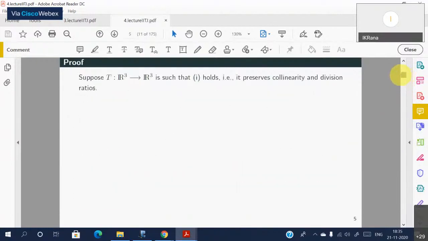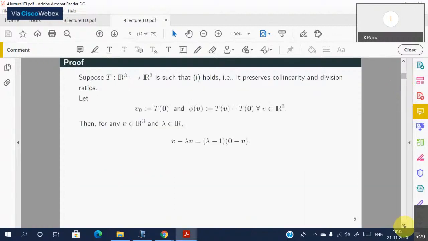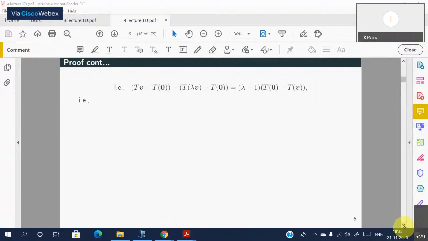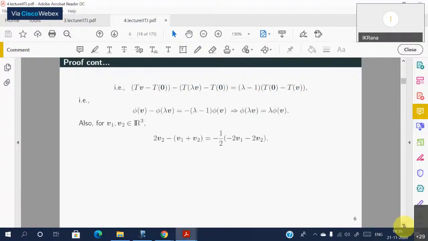So let me slide it slowly so that it is recorded, and then you can look at the proof. So if one holds, then it implies two, and these are the steps for that. And conversely, I'm sorry, I'm rushing it through a bit so that I can give you a glimpse of what I'm trying to tell you: why one should study linear transformations at all. What's the need for that?